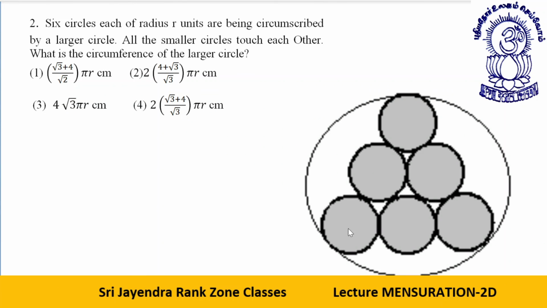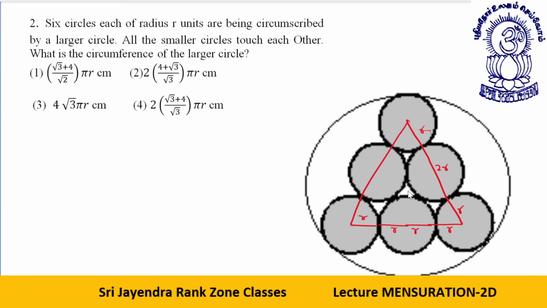How we will deal with this question, dear students? Look, let's say radius r, radius r, radius r, radius r. Okay, so far clear. What will happen now? I join this, I further join this. This is r, this is 2r, this is again r, 4r. So far clear to everyone?